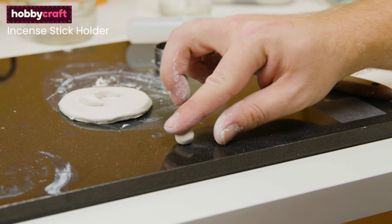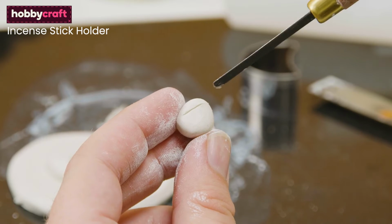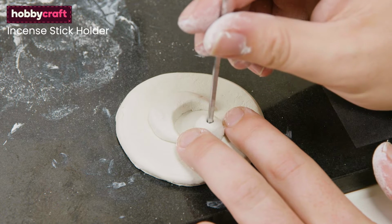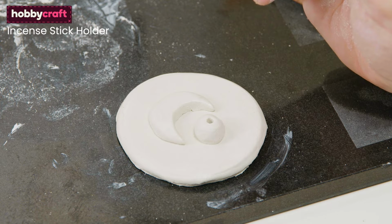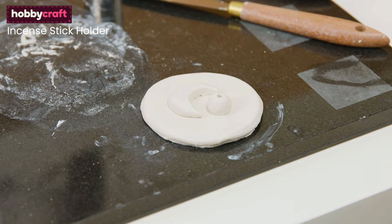Roll out a small ball of clay that will act as the main support for your incense stick. Score and slip the base of the ball and stick it next to your moon shape on the circular base. You can use an incense stick or another pointed object to poke a hole into the ball shape. Just remember that the clay will shrink slightly when dry, so make the hole a little wider than your incense. Don't poke a hole all the way through the clay at this point, just enough so that the stick can